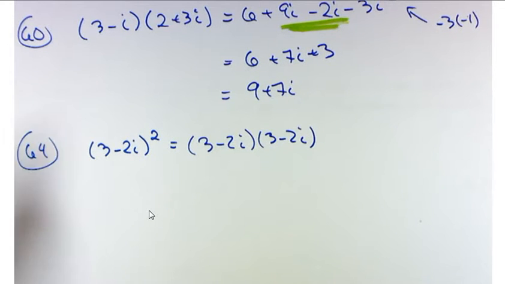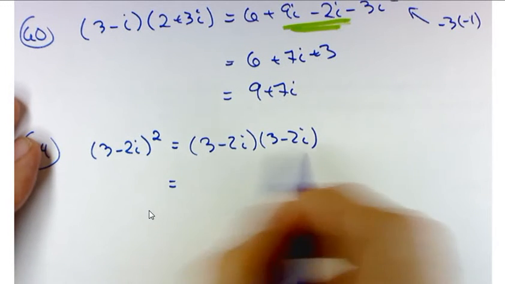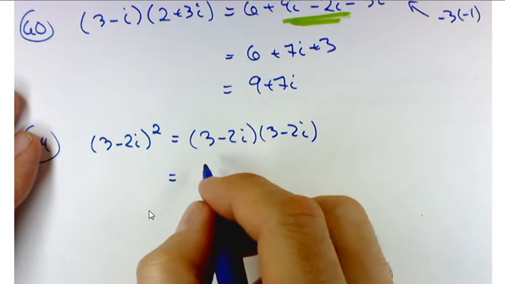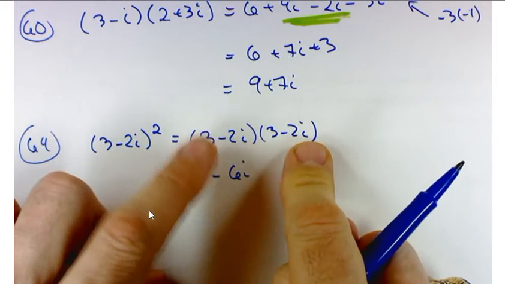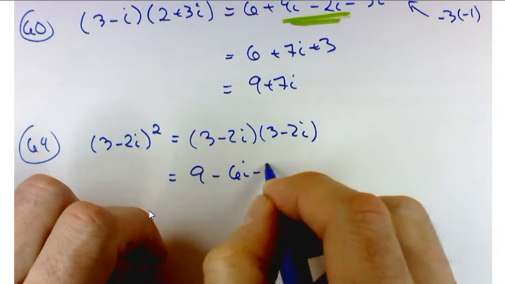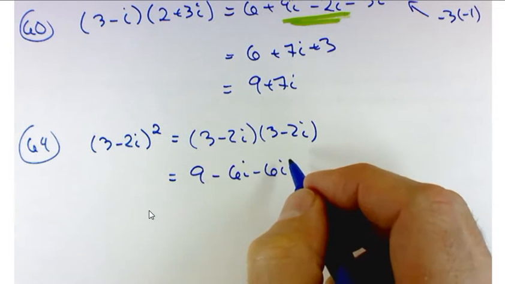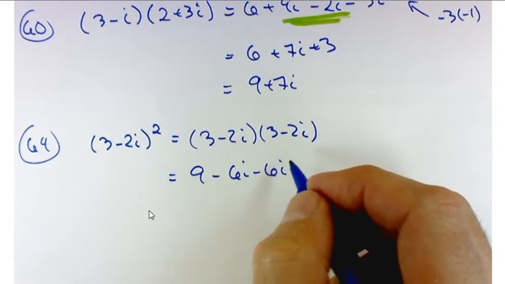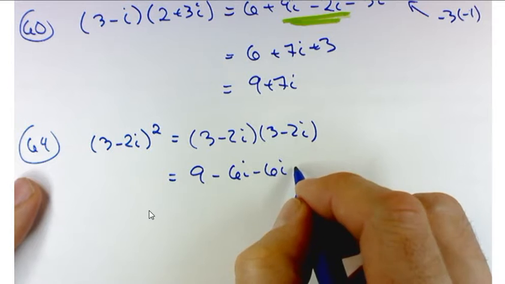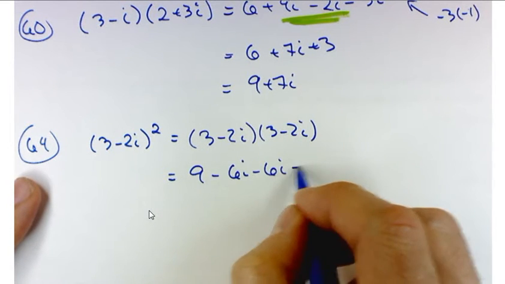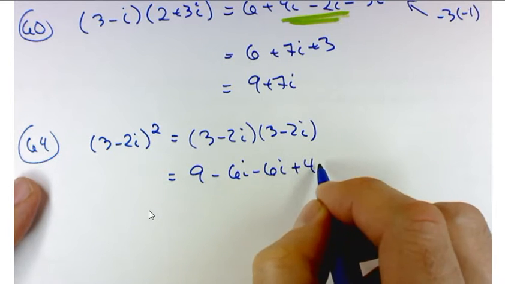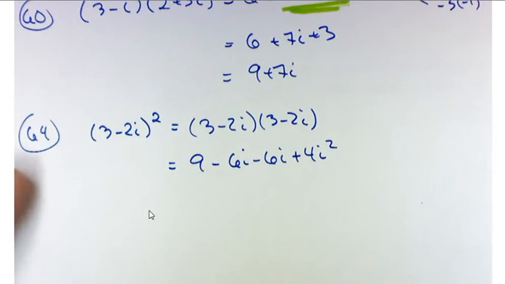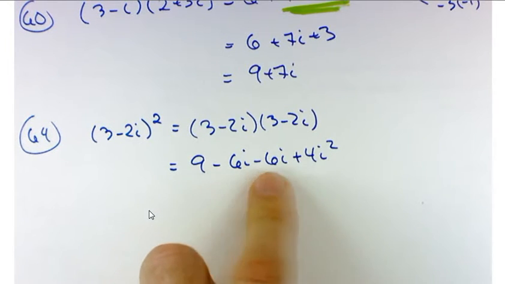Mindy, can you help me work through the terms that I get when I multiply this out? 9. So outside then, minus 6i, and inside is going to give you minus 6i, the same. Good. And the last one, minus times a minus would be plus 4i squared. Good. So when you're squaring out a binomial, you should always get these middle two terms to be